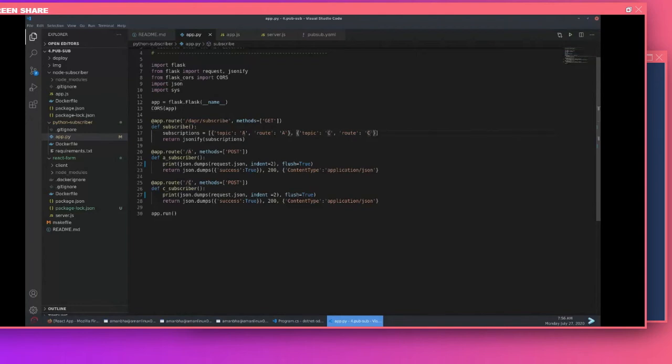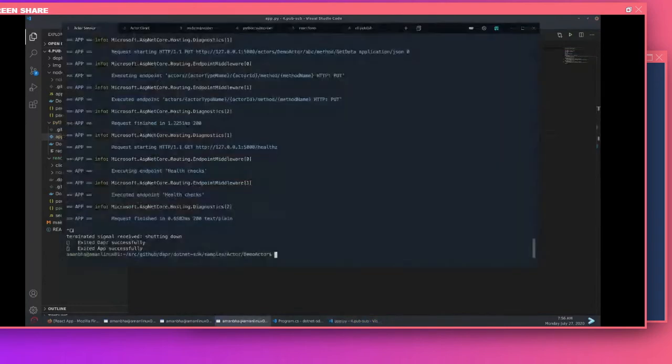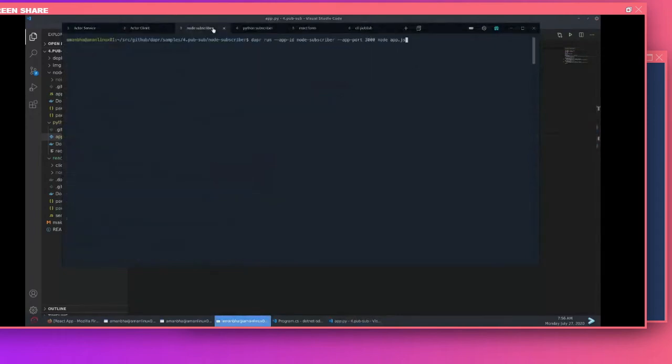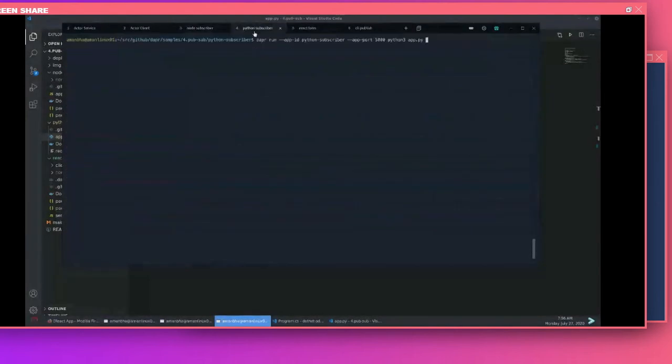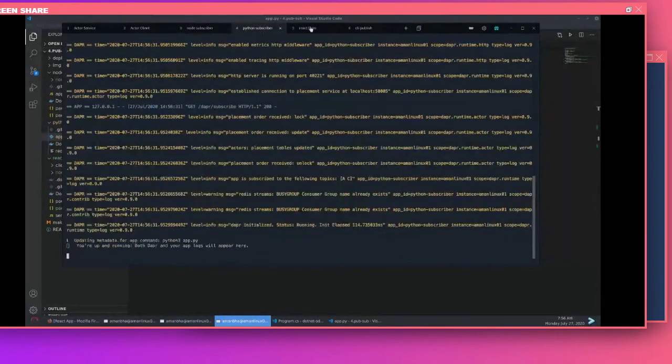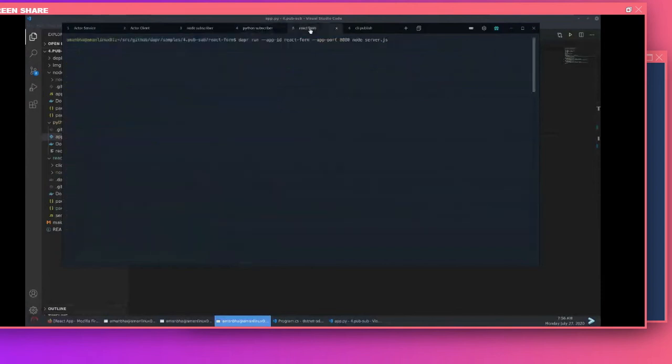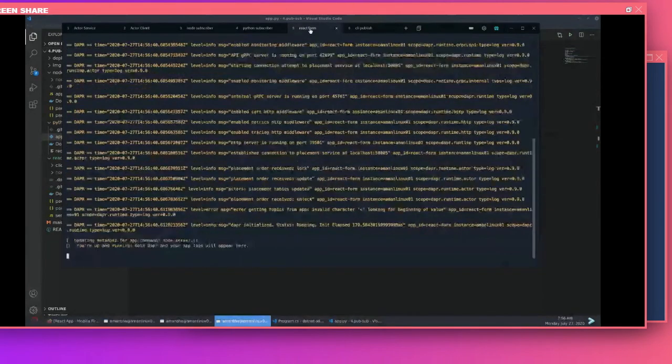Now let's run this Node subscriber using the Dapr CLI, and then run the Python subscriber using the Dapr CLI. Now to send messages to these topics, I have a very simple React form application, which is going to send messages to these topics. Let's take a look at